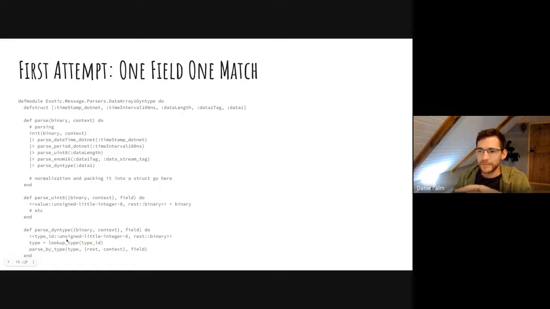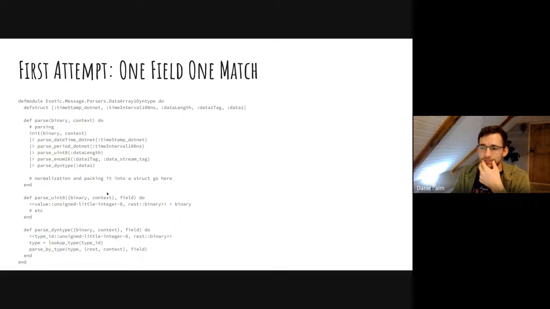So this one is a bit of a pain. You first have to do some lookups before you can really go on with the parsing. I wasn't quite satisfied with this because it basically means matching or parsing a message becomes an operation of linear time complexity, because for every field you have to do a pattern match. And actually the worst case scenario is O of 2n, because if you had only dynamic types in a message, you would have to do a lookup for every one, and once you have the lookup, then you do the parsing.